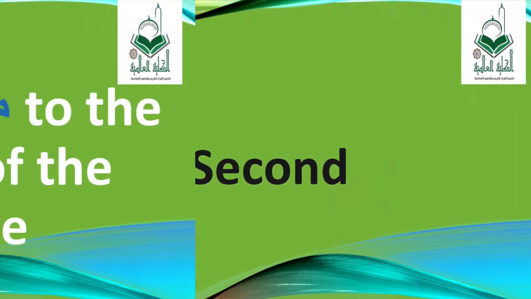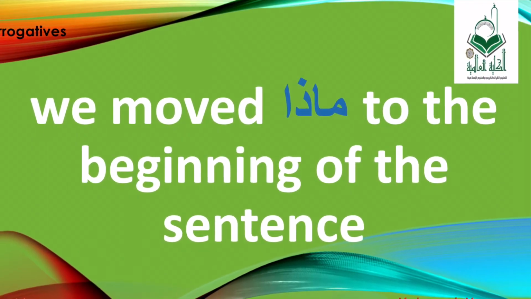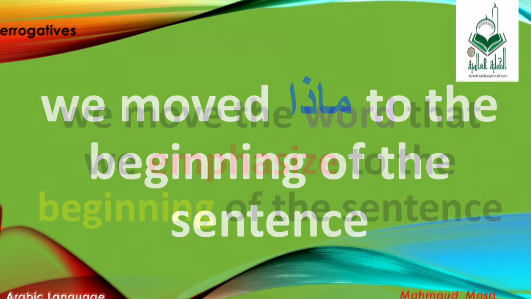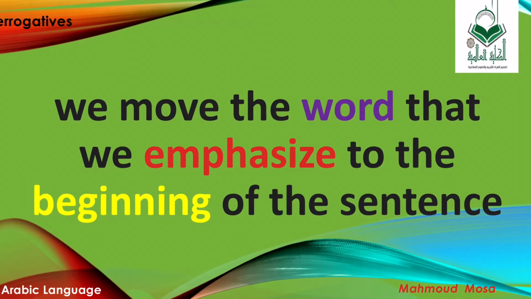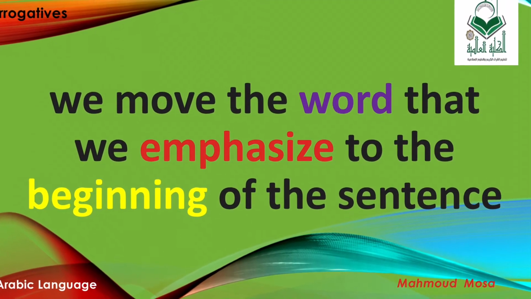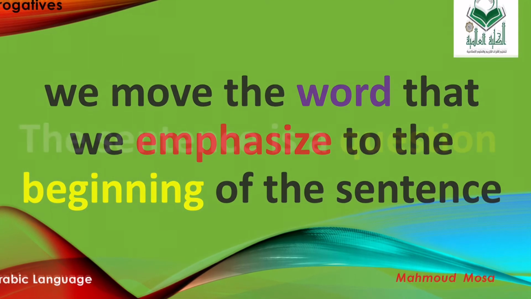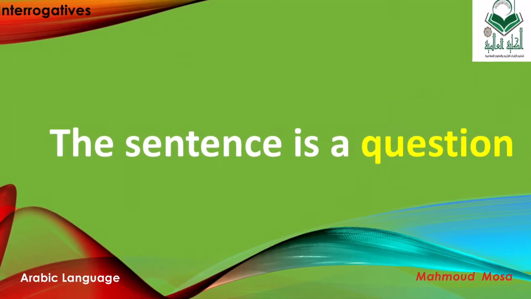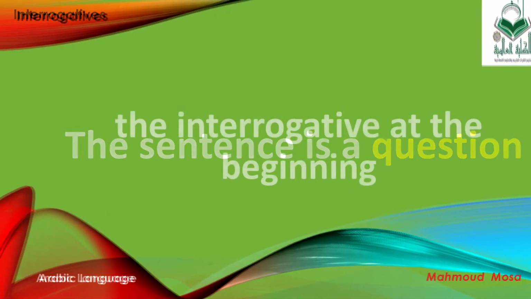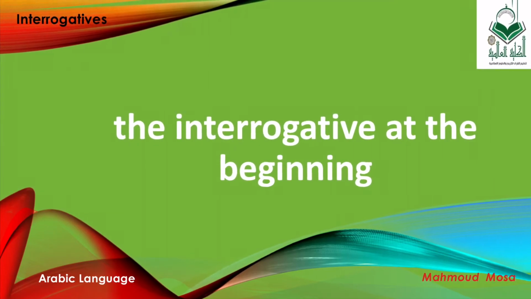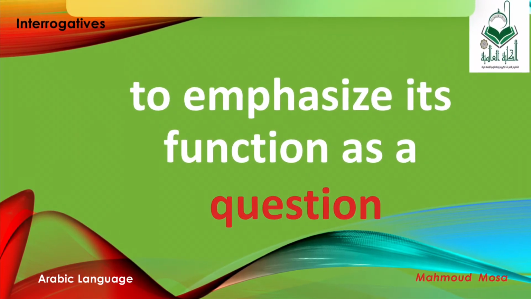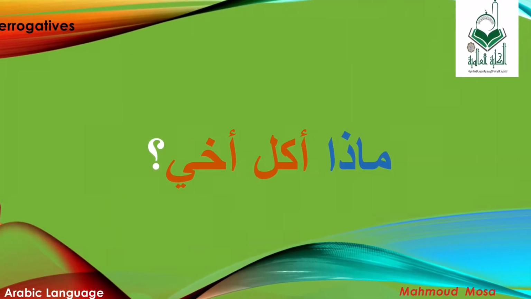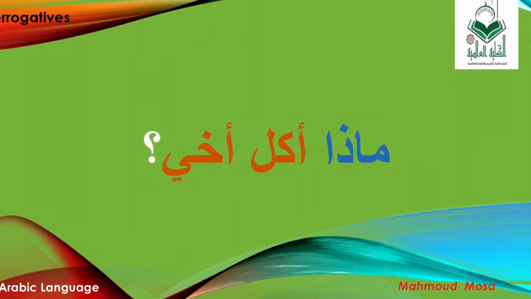Second, we moved ماذا to the beginning of the sentence. In Arabic, usually we move the word that we emphasize to the beginning of the sentence. The sentence is a question, so we put the interrogative at the beginning to emphasize its function as a question. We say, ماذا أكل أخي؟